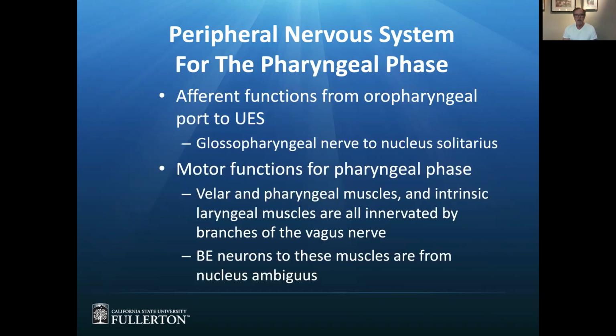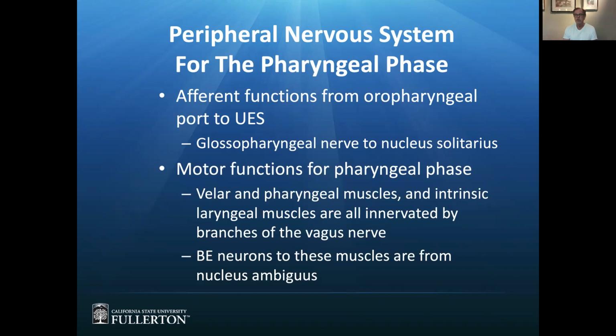All right. Now, this has to do with the peripheral nervous system for the pharyngeal phase. In some ways, I kind of think this is easier than what we just went through for the oral phase. There are just fewer nerves involved, basically. Now, let's do the afferent functions first. It's 1 cranial nerve. All afferent functions